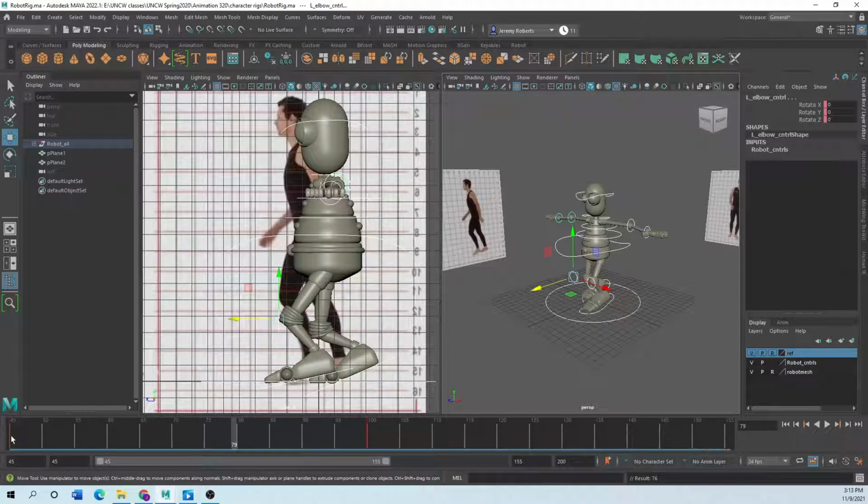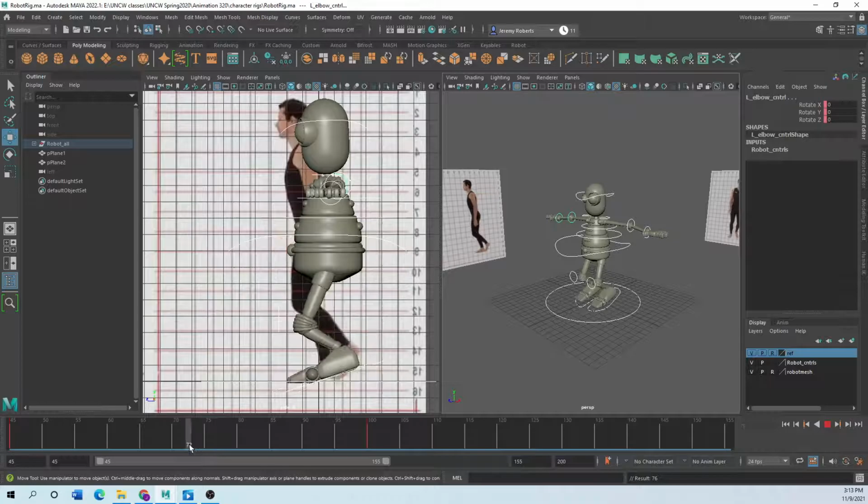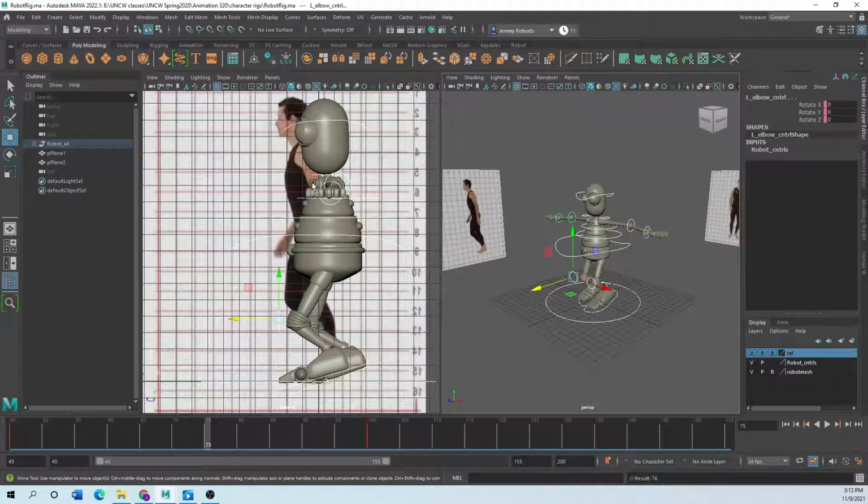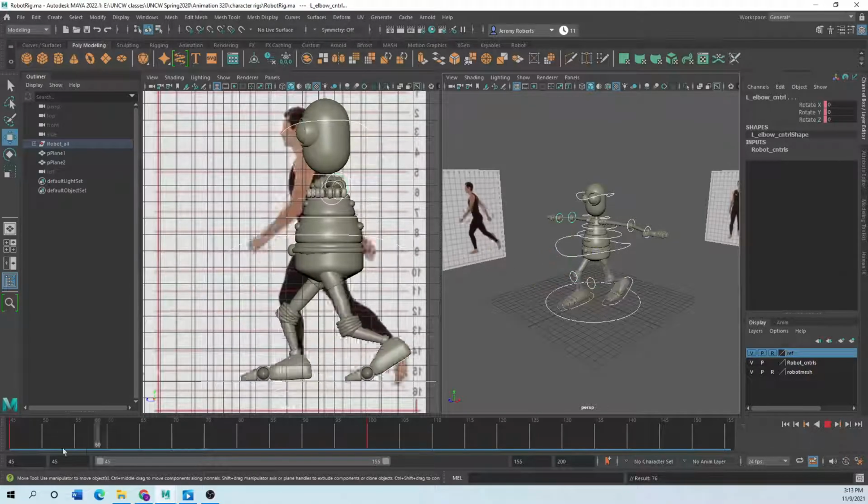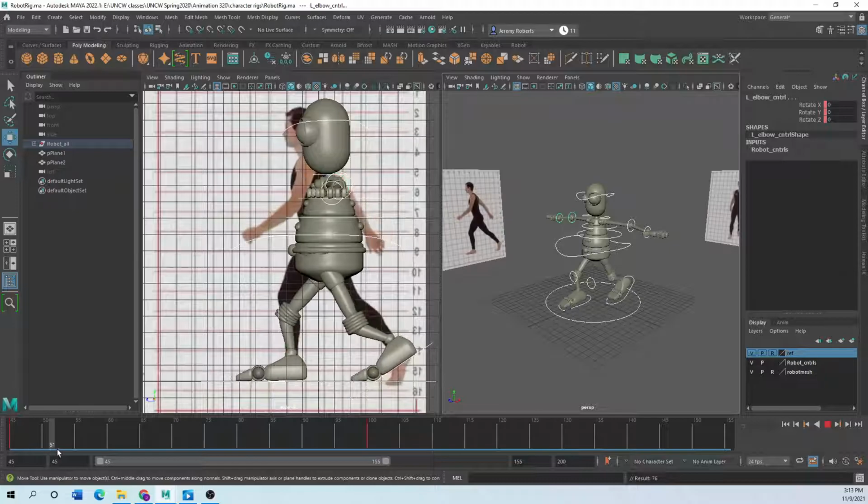It may not necessarily be right in the middle or half of 45 and 100, whatever this frame was right there. You can make it in between, but my reference image is about right there. So we'll call it 75. So let's find this pose right here. So on 75, basically,